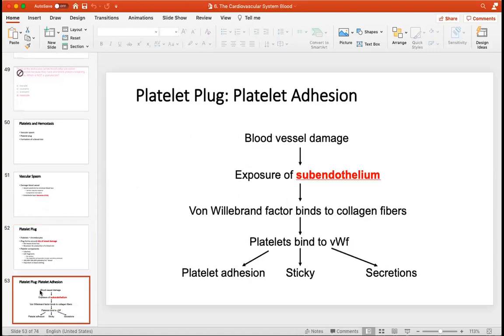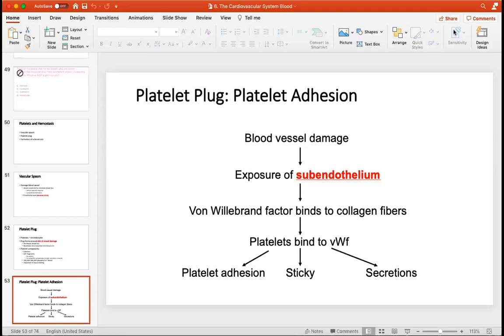So platelet adhesion really comes from the exposed subendothelium. The subendothelium should never be exposed, and when we have an injury to that blood vessel, we expose that subendothelium such that von Willebrand factor, one of our factors that are in the blood always, can start adhering to exposed surfaces like this, starts adhering to that exposed subendothelium. So von Willebrand factor is going to start binding to the collagen fibers that are in that exposed subendothelium, and